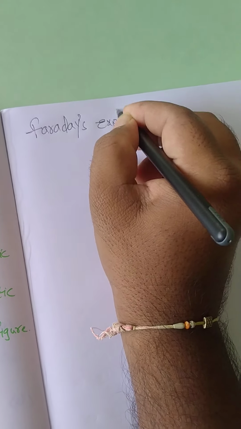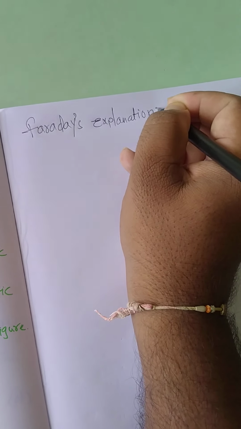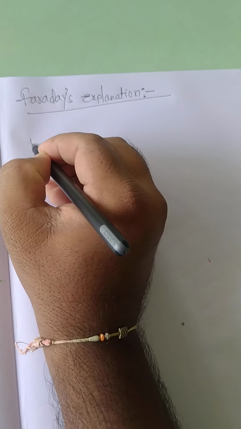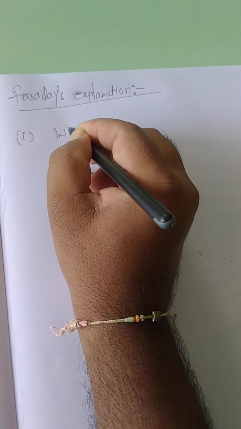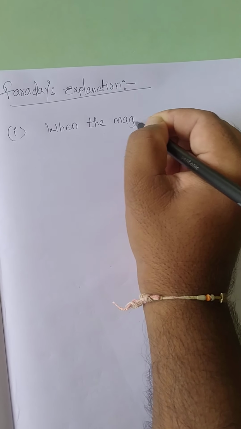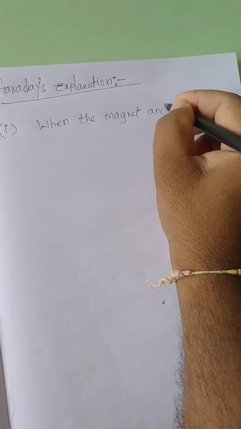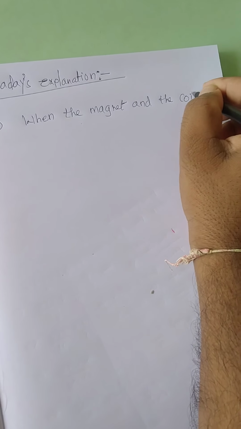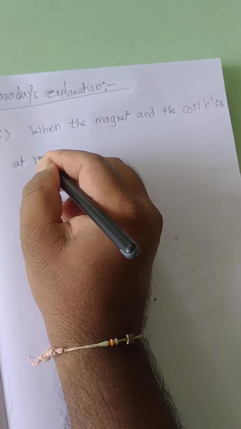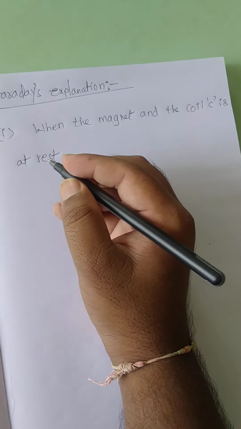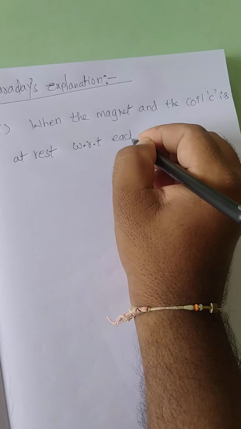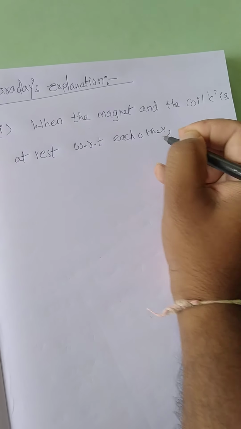There are different points here. The first point is when the magnet and the coil C are at rest with respect to each other,